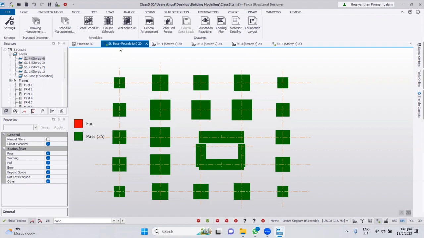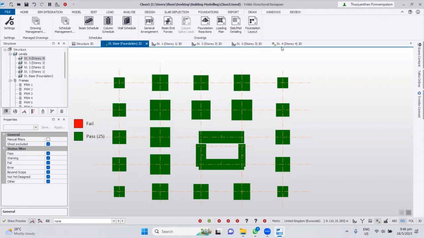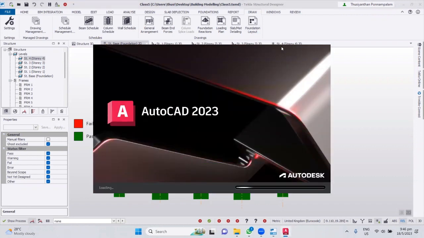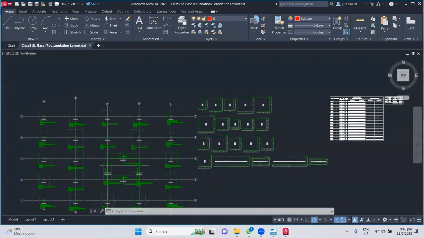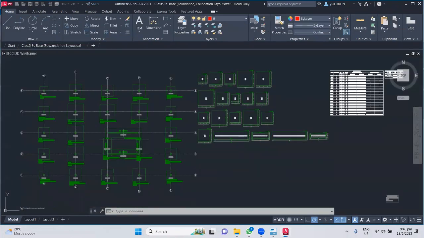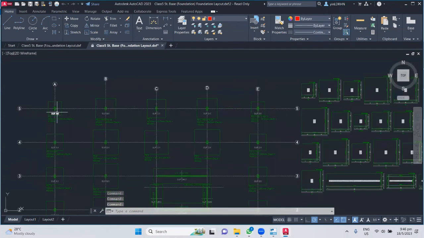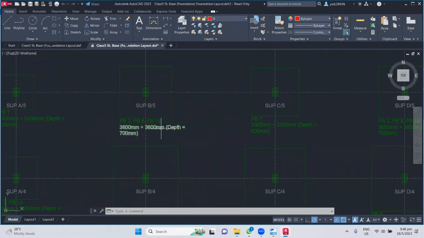Oh, footing layout. Okay. So now you can see here, right? The sizes, everything you can see here,